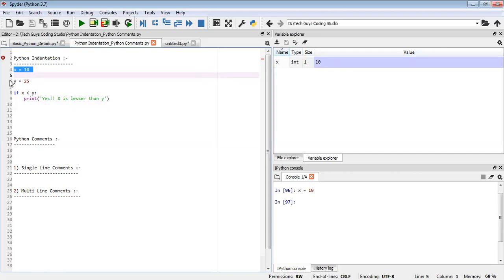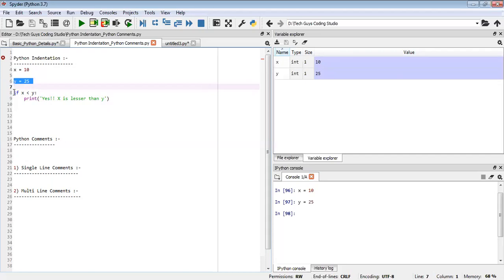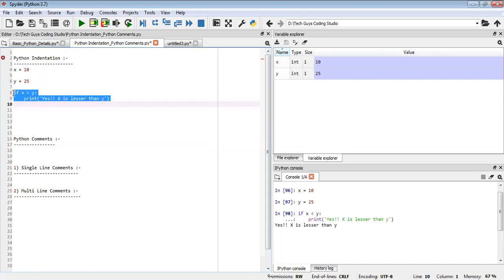Same thing I will apply for y also. Then, if x is less than y, I will select these two lines and execute. See, we have got the value: Yes, x is less than y.